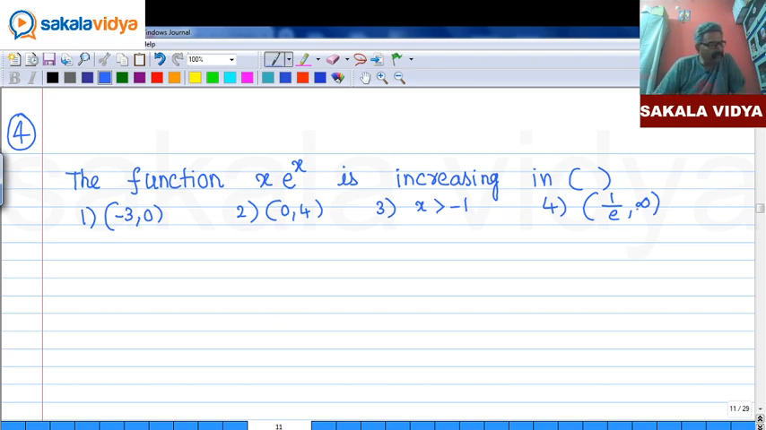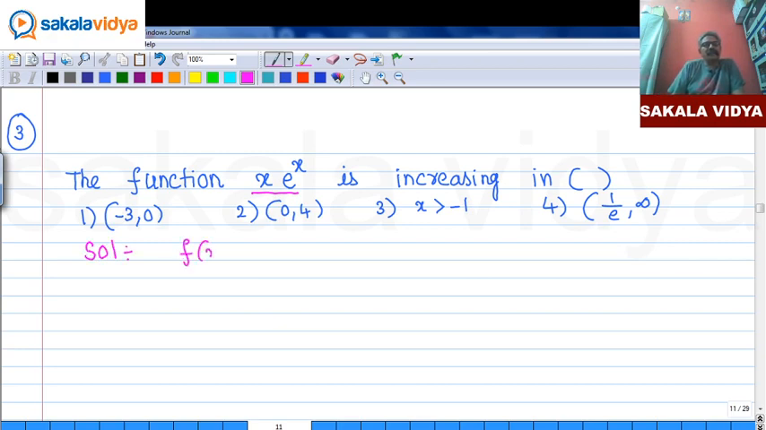That means, in which interval is the function x into e power x increasing? Here you don't get any confusion: x into e power x domain is all real numbers. So that is why directly we can proceed for f dash x greater than 0 itself only. So, now the solution,